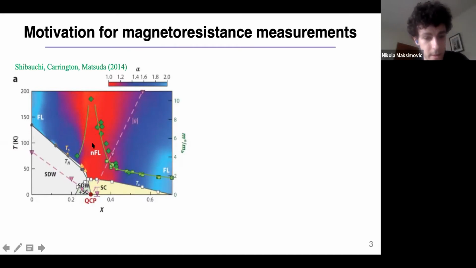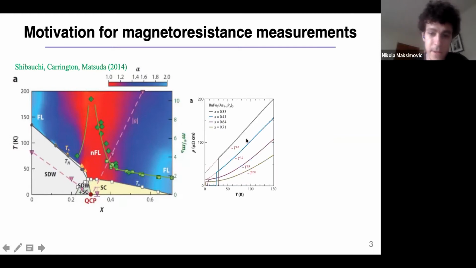In particular, as you dope the system away from the antiferromagnetic phase boundary, there's a kind of qualitative change in the temperature-dependent resistivity. This is maybe more clearly seen in resistance versus temperature traces, where you can see a change from T-linear dependence of resistivity to more T-squared as we dope away from antiferromagnetism. And this suggests that somehow remnant antiferromagnetism or quantum criticality is really affecting the transport characteristics in this regime of